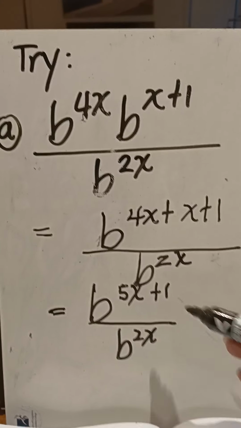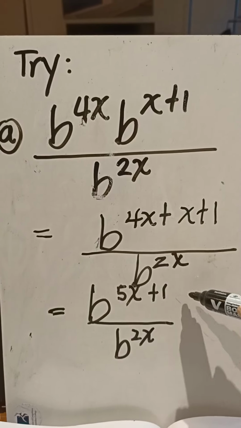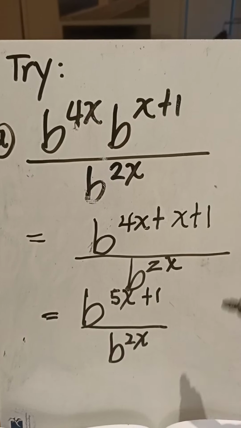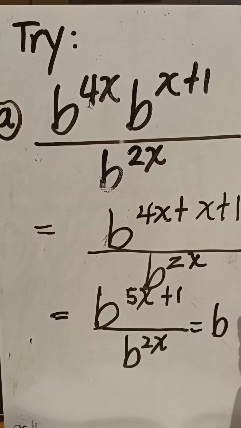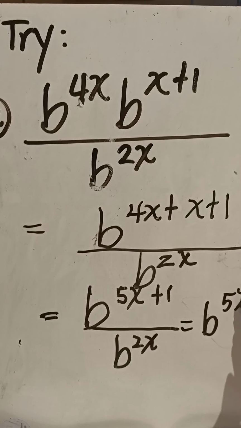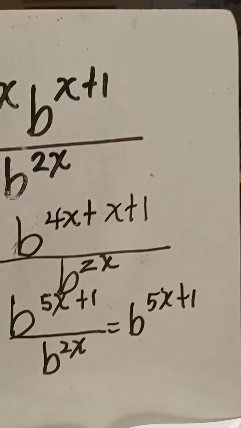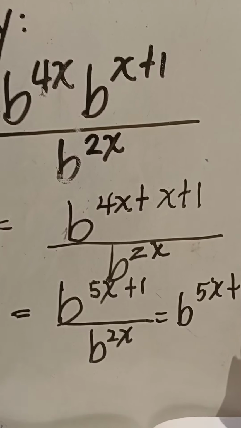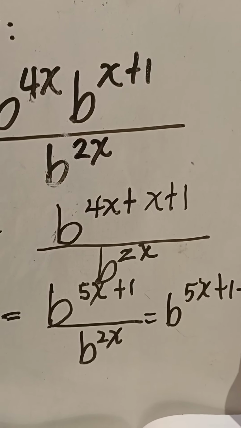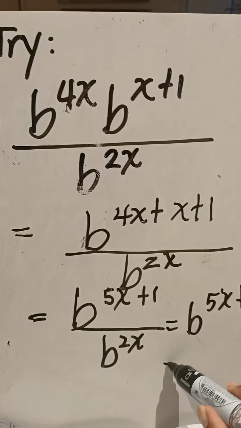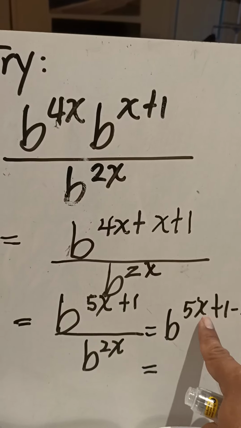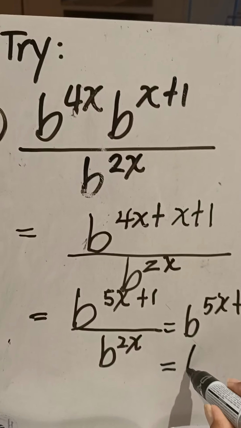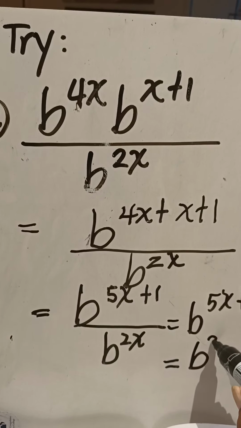A to the m over a to the n is a to the m minus n. So that would be b to the m is 5x plus 1 minus n, 2x. Now what you need to do is combine like terms. So 5x and 2x are like terms. That's 5x minus 2x. So the final answer would be b to the 3x